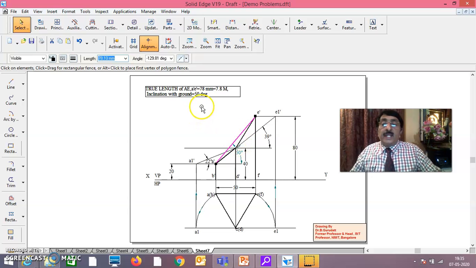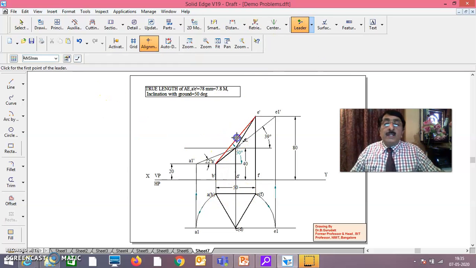This is 78, and the true inclination to the ground is 50 degrees. That means true length of AE, this is already parallel.